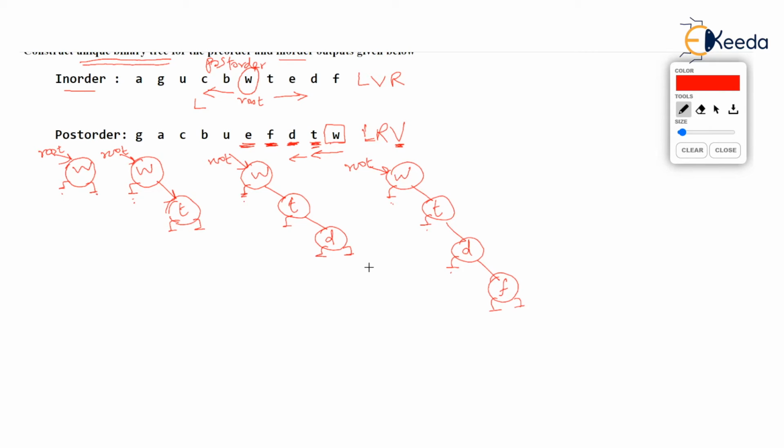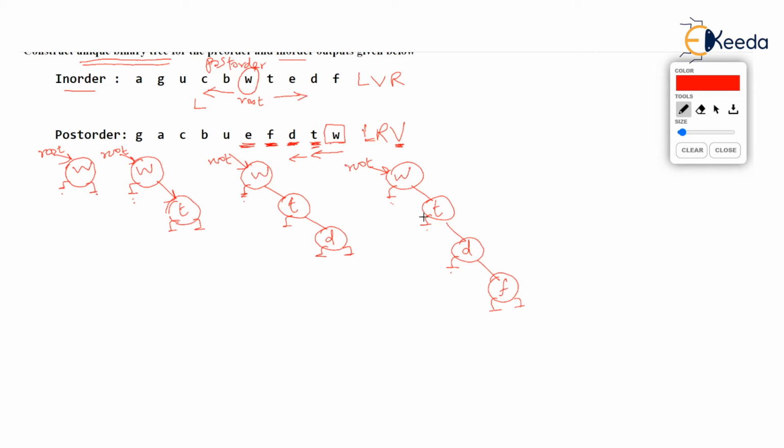The next value, or rather the previous value, is E before F. How will you add E? Let's see. Start with W, the root. E is to the right of W. So E must go to the right of W, but right of W is T. So let's go to T and ask where E, the new value, is with respect to T. E is to the right of T.